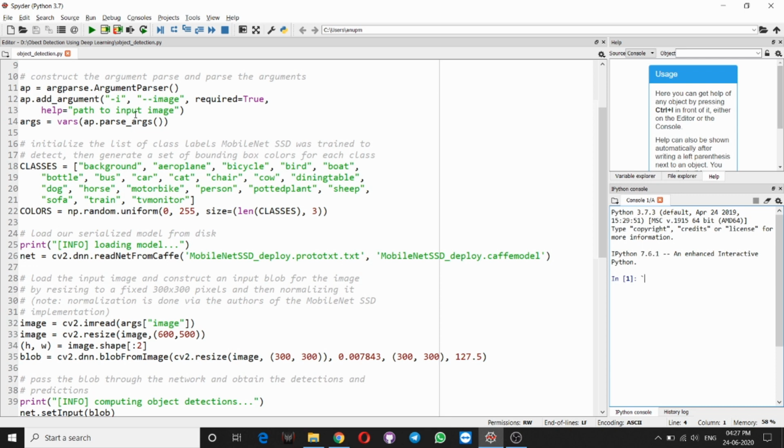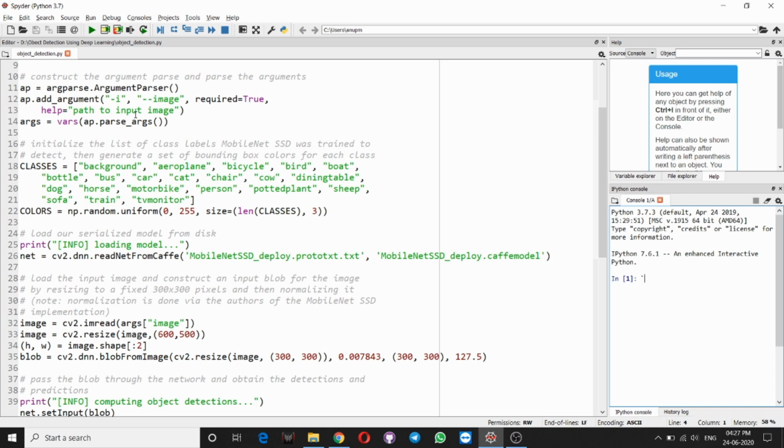After that, we will use another cv2 method, which is cv2.dnn.blobFromImage, and we store the result, which is our input image, in the variable blob. In this, the first argument is the image we are resizing, and the input image size we are going to change to is 300 cross 300.